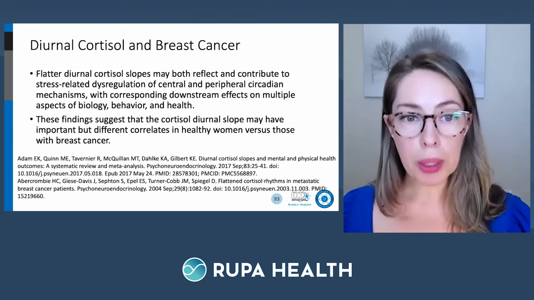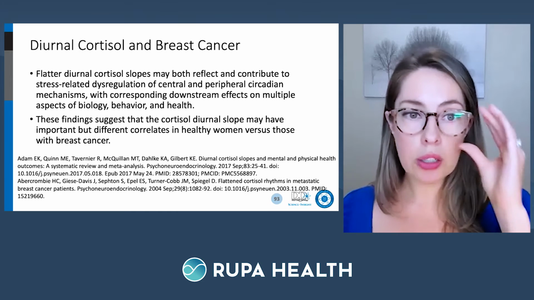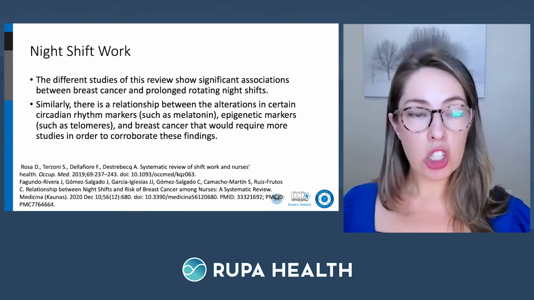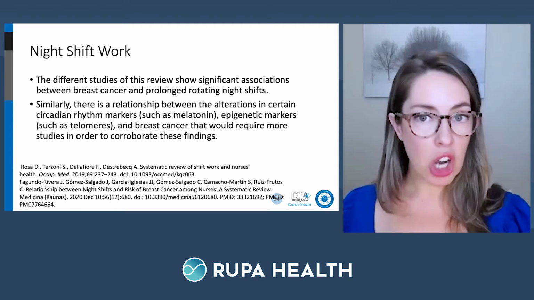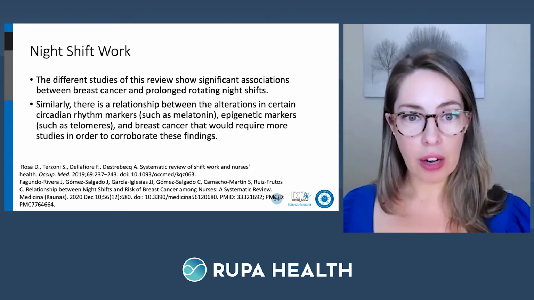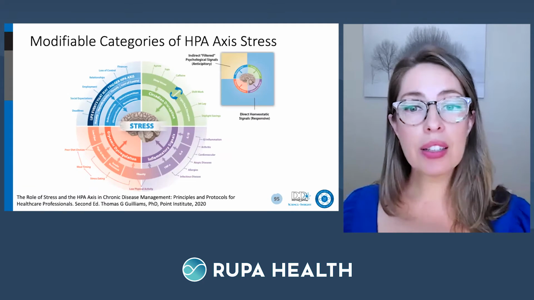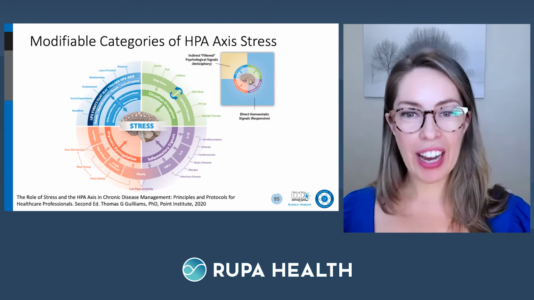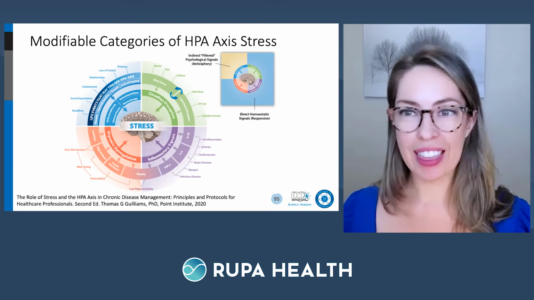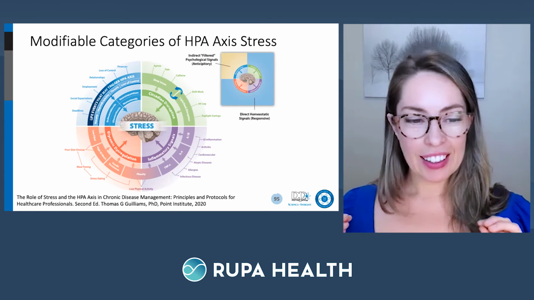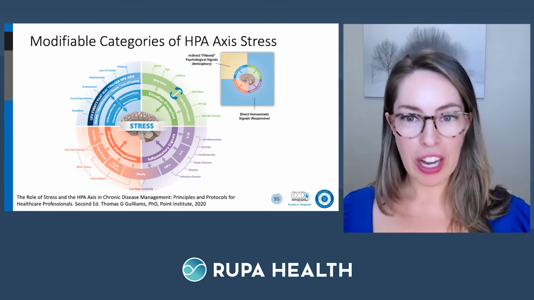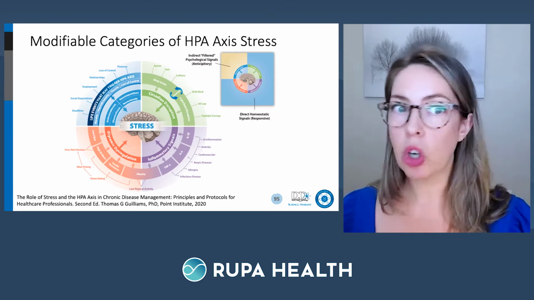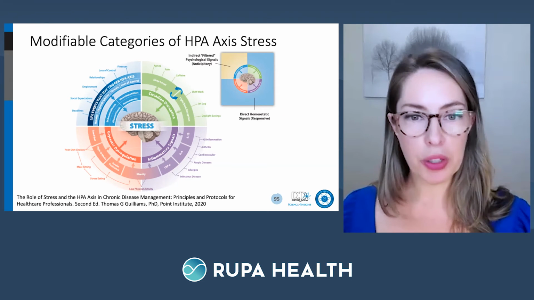issues, arguably breast cancer. We're seeing lower diurnal slopes or flatter curves. Certainly night shift work: flatter curve, less melatonin, higher breast cancer risk. Now, I can safely say all of us here are trained to address the HPA axis. That's number one in some of our training, and for good cause. And I know you're going to be thinking about the HPA axis regardless of urinary cortisol metabolite levels,